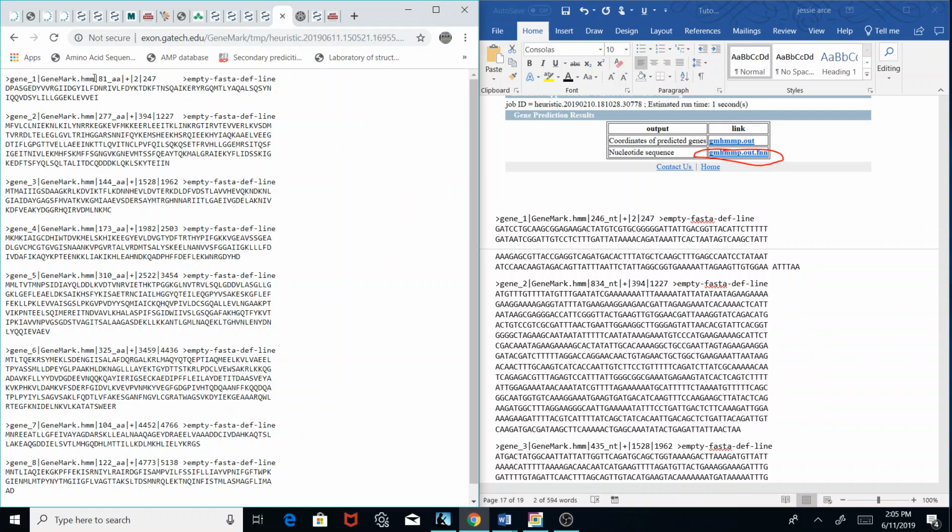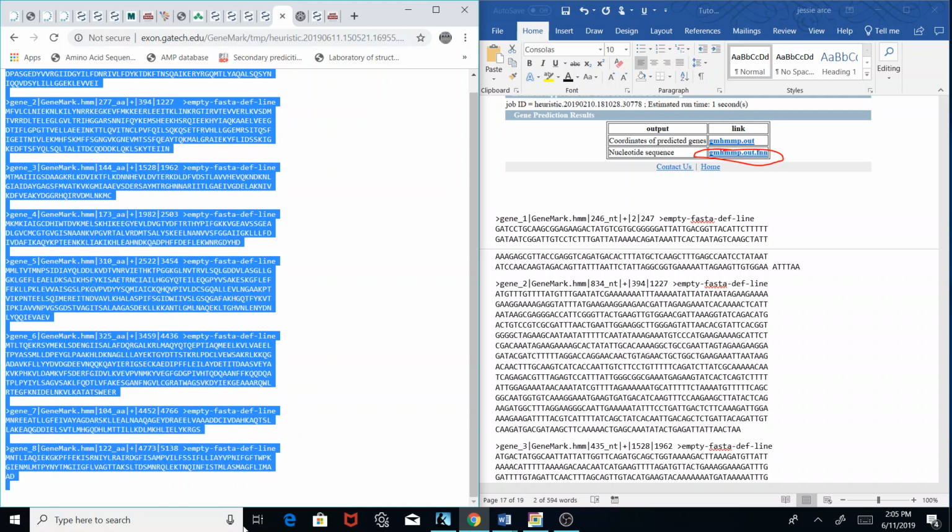One way you can do that is you can copy and paste. You would need to remove this extra tag right here, empty FASTA definition line. Remove this if you need to, if you get any errors when you're submitting it, but you want to submit it to BLAST. You can copy and paste this whole thing and put it into your own file,